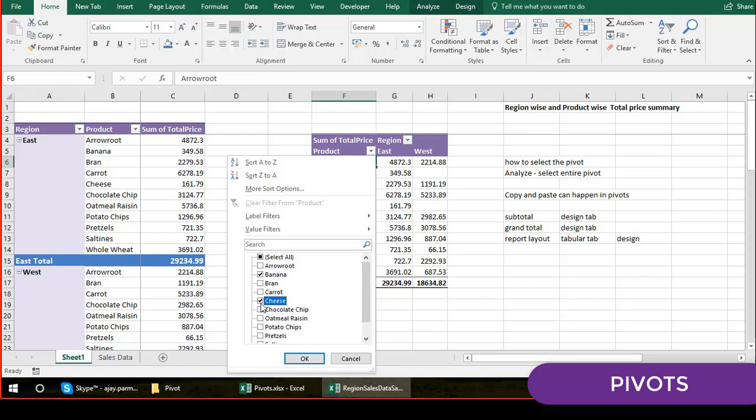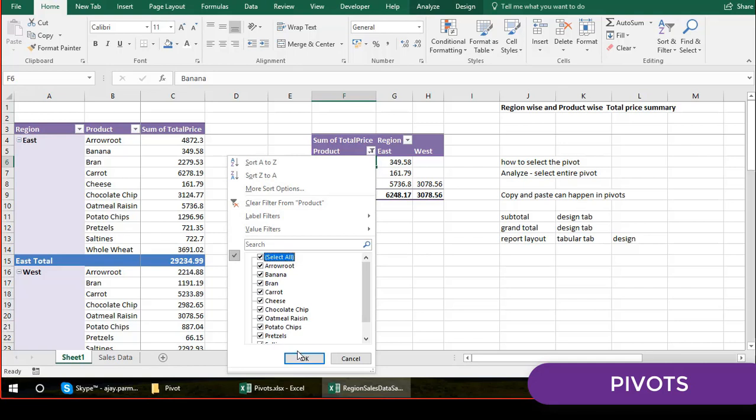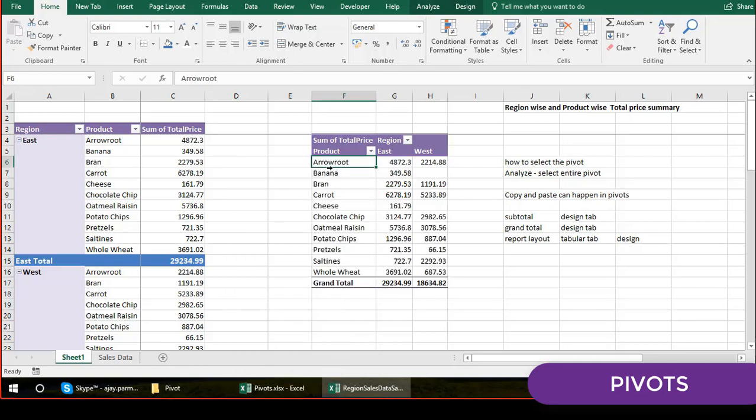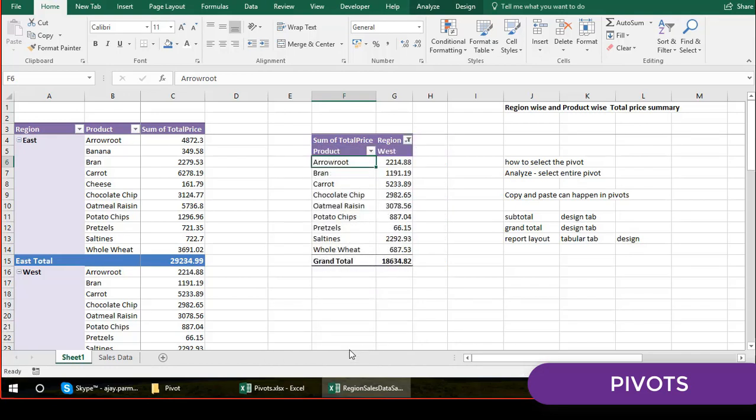So if your manager wants to see the total for the item banana and cheese or maybe oatmeal, they can do that, not a problem. If they want to come back to the original, select all. That's it. It's very easy, right? I'm interested only in the east or west, I can select that. This is how it is.